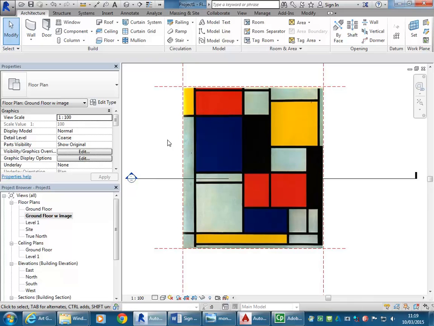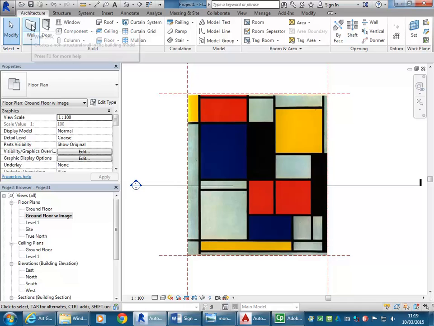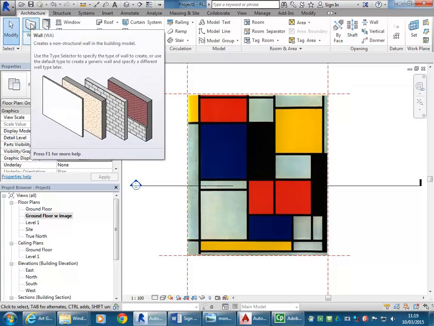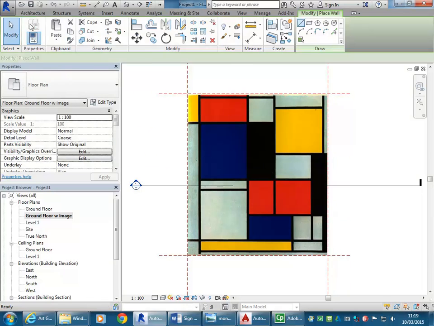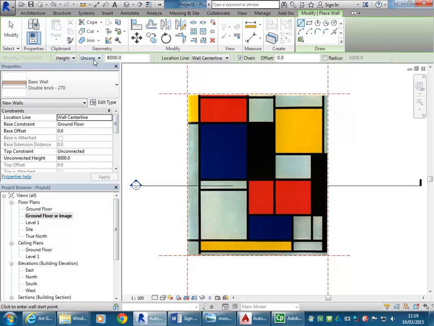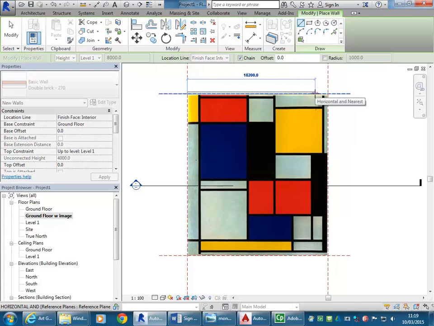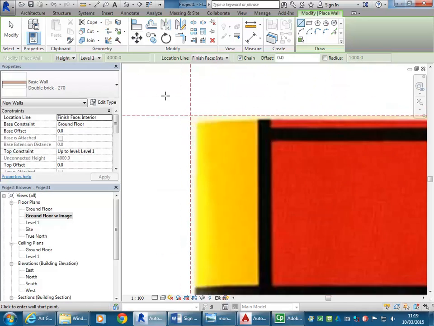And so then just to finish that off, I'm going to draw some walls in just for the border. So with the wall tool, I'll click on the top of the button there, so I don't have to choose any options here, just up the top there. I'm going to change the height from unconnected to level 1, and then the location line to finished base interior, and then I'll snap to the intersections of the reference plane. So here